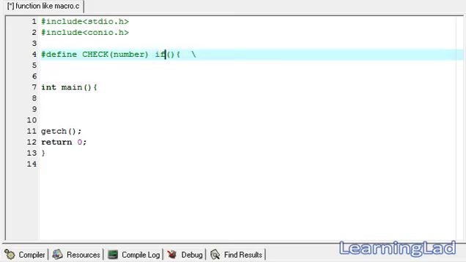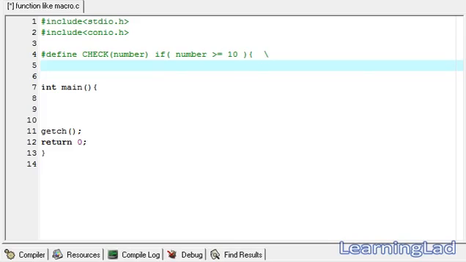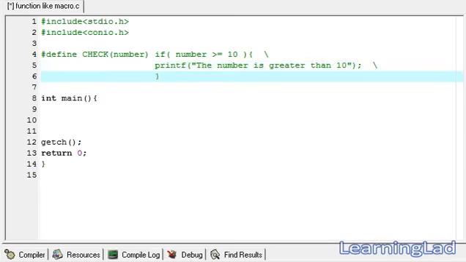Okay, first in this if statement, if the number is greater than or equal to 10, then here we're gonna use a printf statement, and we're gonna say the number is greater than 10. Then since we want to put this closing curly brace in the next line, we're gonna add a backslash here. Then here in the next line we're gonna write else, then a backslash, then in the next line